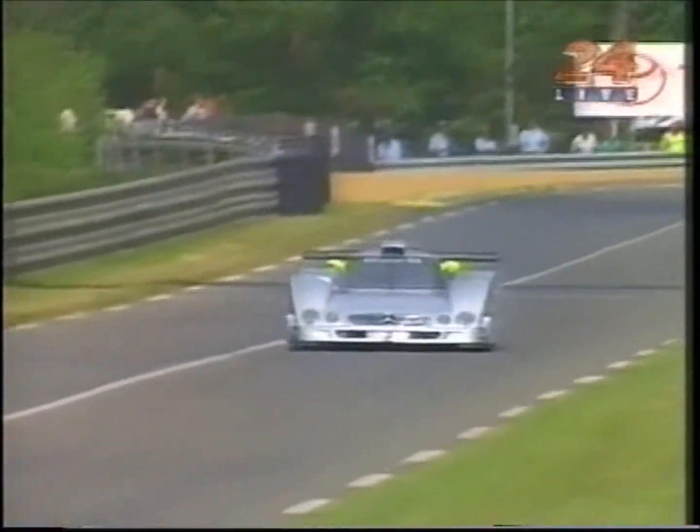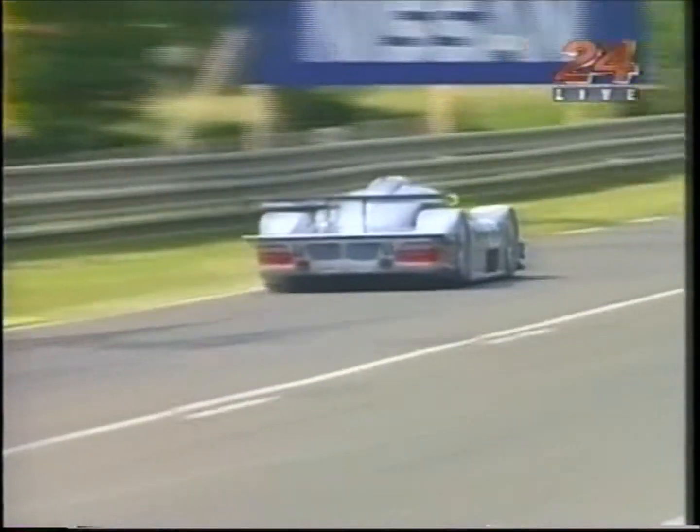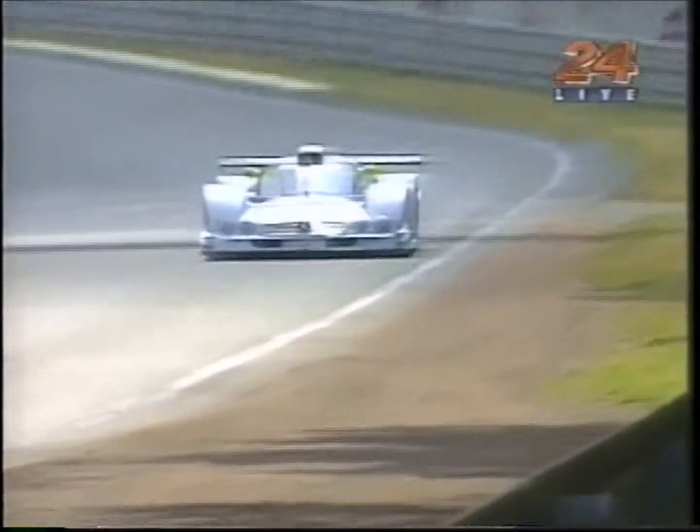Now, the Porsche GT1s that won the race here last year had that same look, that short coupled bouncy look. So it doesn't necessarily mean that that's the source of their aerodynamic problems. It's just a point. They are obviously very different in the way they're suspended than these Toyotas, which just run with such a stable look to them. Well, the new CLR, and there is Schneider. He was already heading back out onto the track. Brundle turned out of pit lane, and they almost got together. And no contact, but it looked as though Brundle...